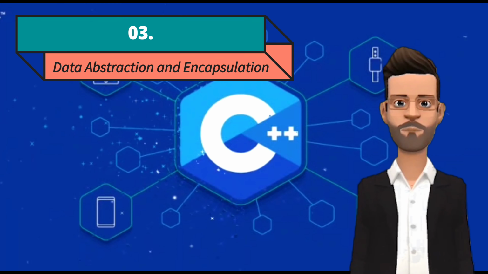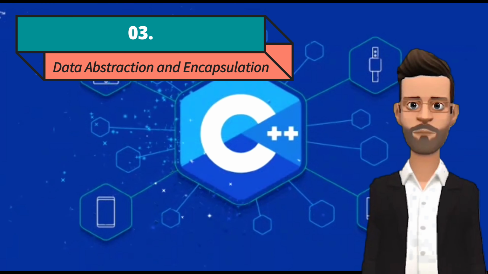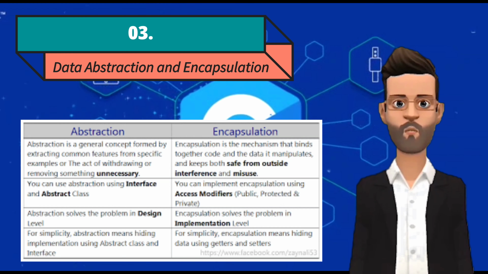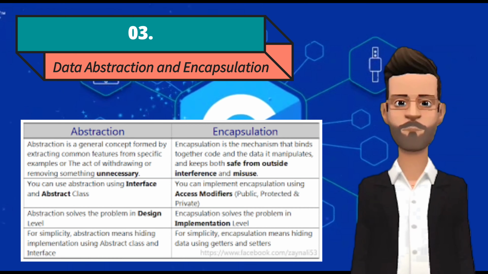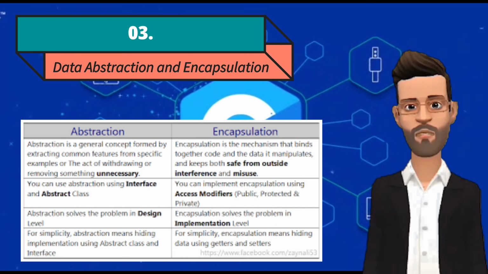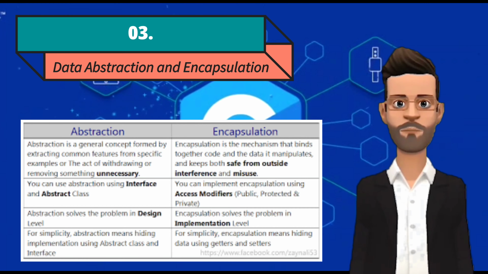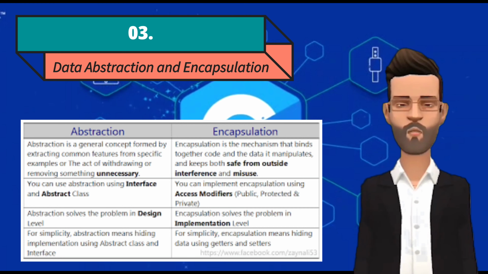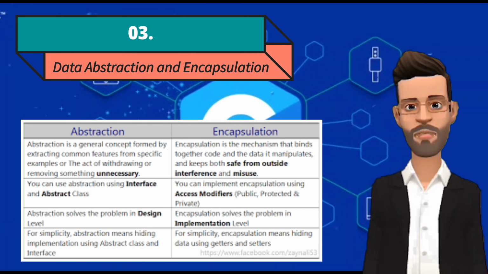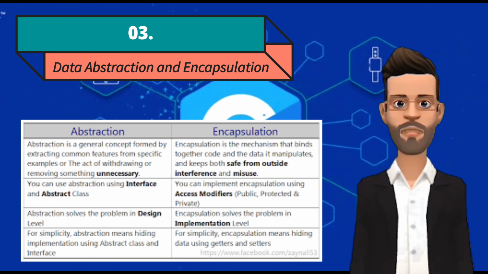The third one is data abstraction and encapsulation. Data abstraction is one of the most essential and important features of object-oriented programming in C++. Abstraction means displaying only essential information and hiding the details. Data abstraction refers to providing only essential information about the data to the outside world, hiding the background details or